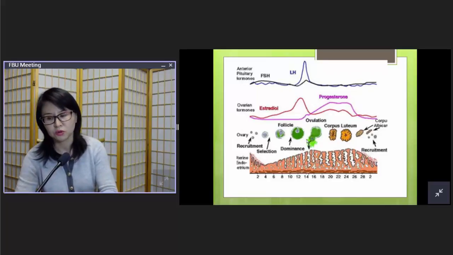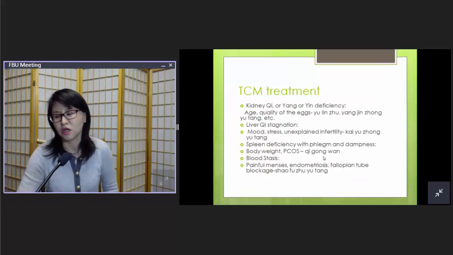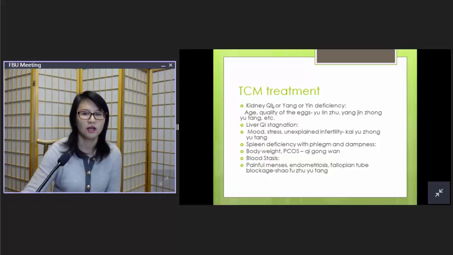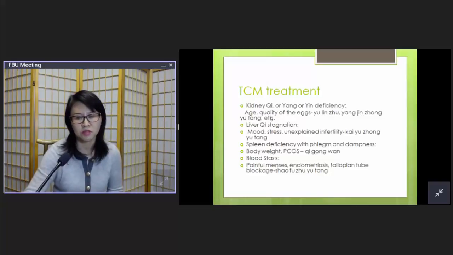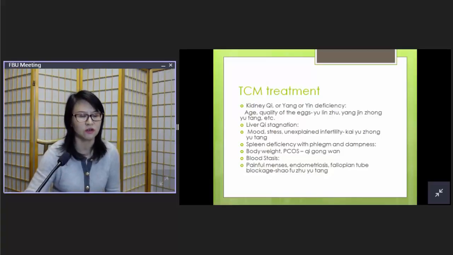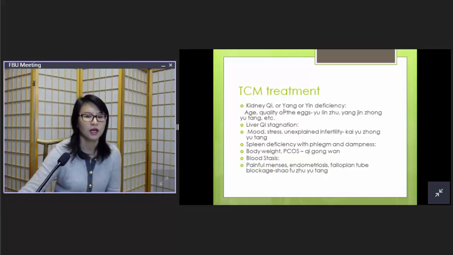Also, acupuncture or Chinese medicine goes according to the cycle. That's why we recommend the patient comes once per week to get treatment. And then the next slide is the typical one for TCM treatment. According to TCM theory, if a woman is having problems conceiving, there are four types of